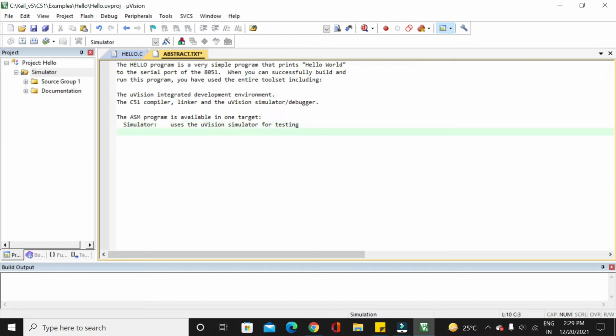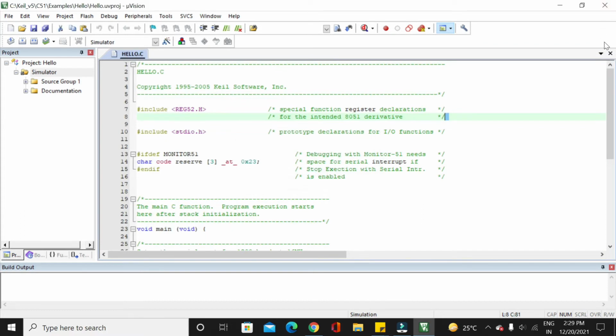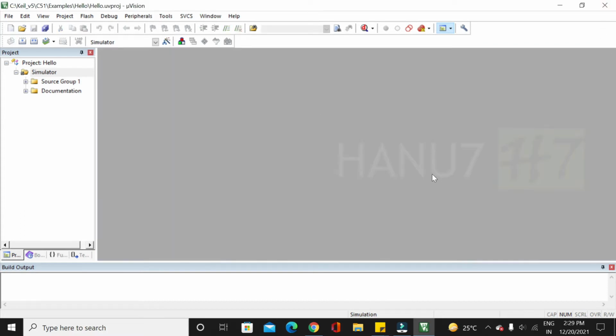These are like text editors. If you want, you can write something. You can see I have written something there. This is an editor window, so you can close it. You can open it again later from the file menu.